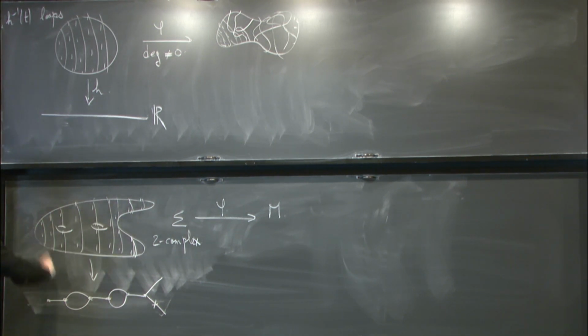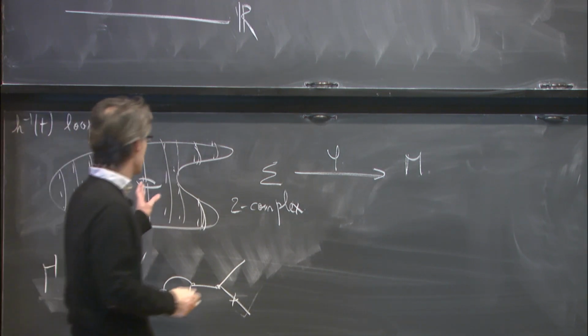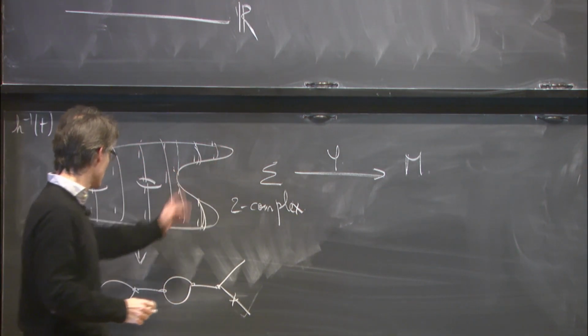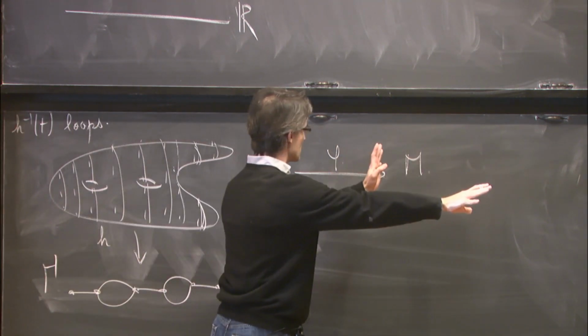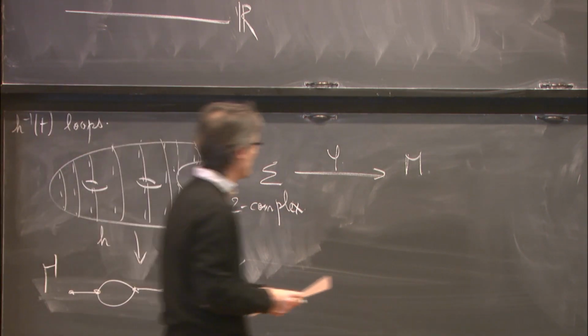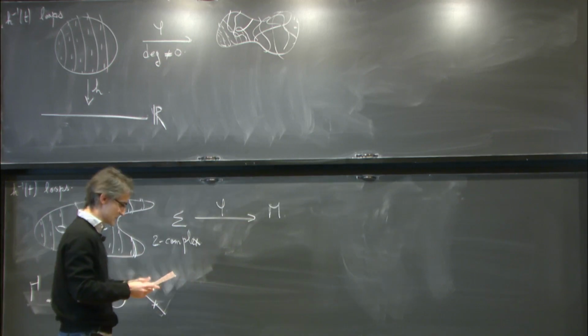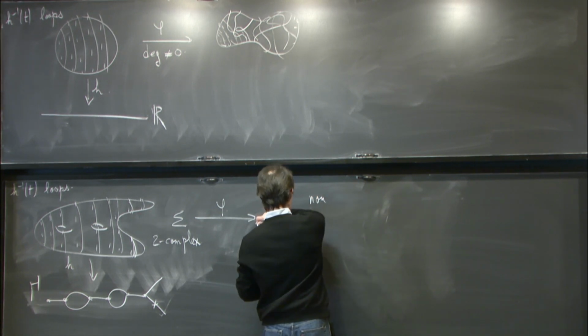All right? So that's your map H to a graph, gamma. Look at the preimage. Still get loops. And then you have this one parameter family of loops, parameterized by gamma, by the graph. And then you map it to M. And of course you want this map to be non-trivial in some sense. You don't necessarily have some degree here, but what you want, for instance, is that this map is not